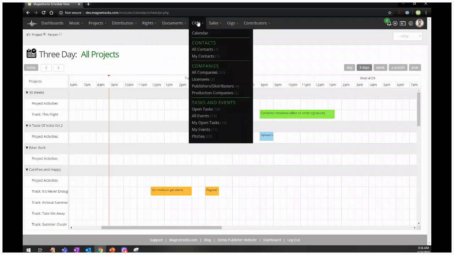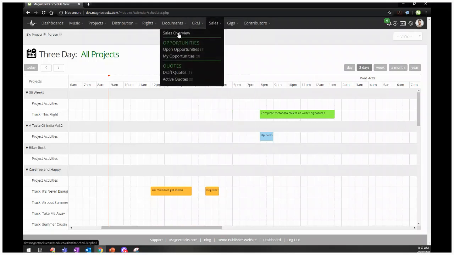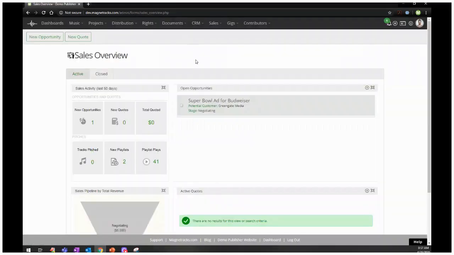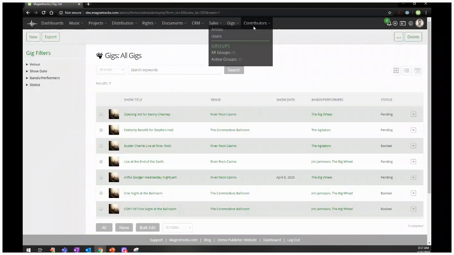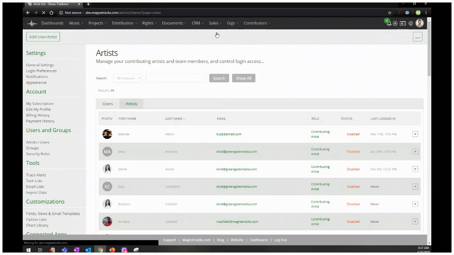Documents, self-explanatory. CRM, this is where you can have all of your contacts, all the companies that you work for, and you're managing all your pitches and emails and tasks and appointments, all the basic CRM type features. With our business edition, you have sales. So this means licensing opportunities and quotes that you're sending out for that activity. And then also a place to have all of your co-writers and any kind of rights holder. You can give those people logins, allow them to submit demos or to share